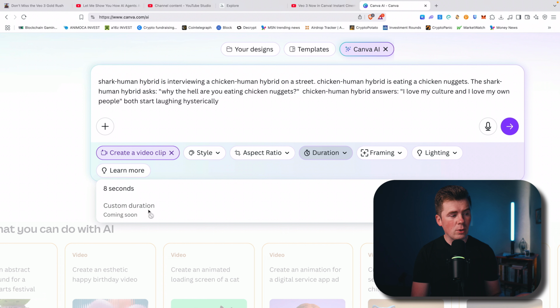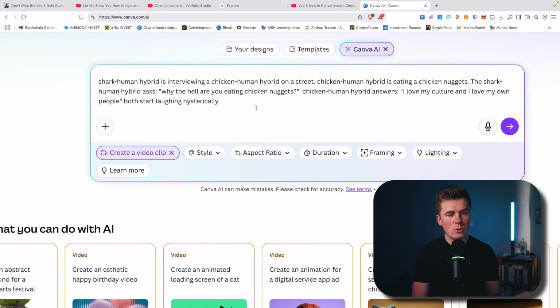Here you can see custom duration, which means that, as we all know, the videos will get even better and you will be able to create longer versions of these videos. But right now, we can add